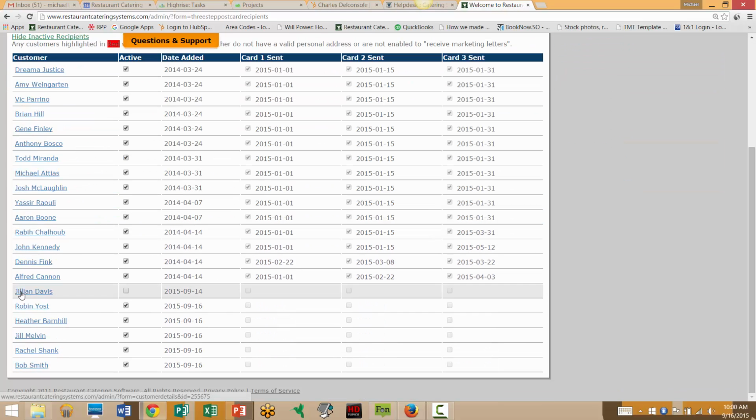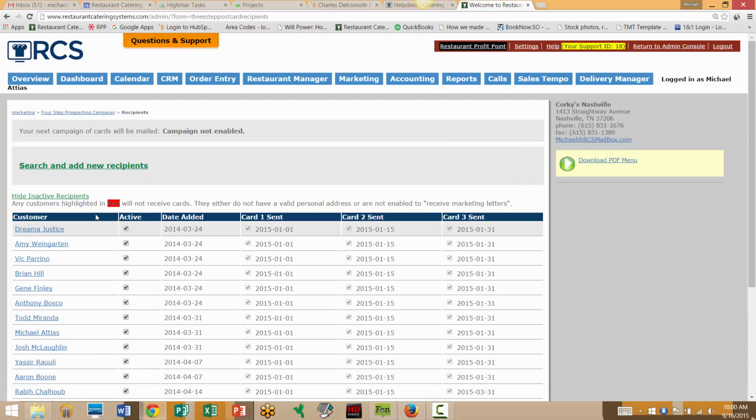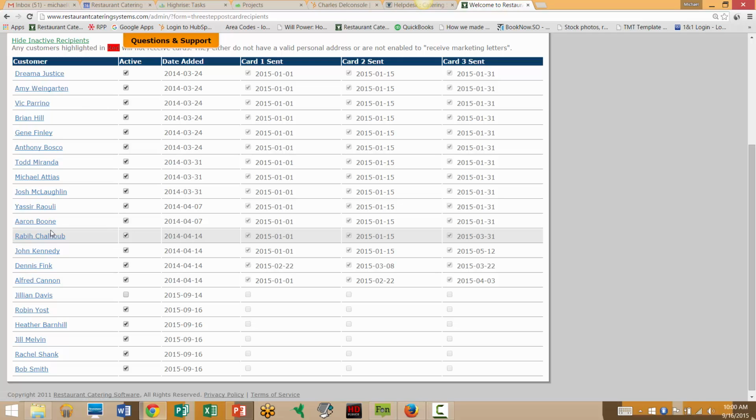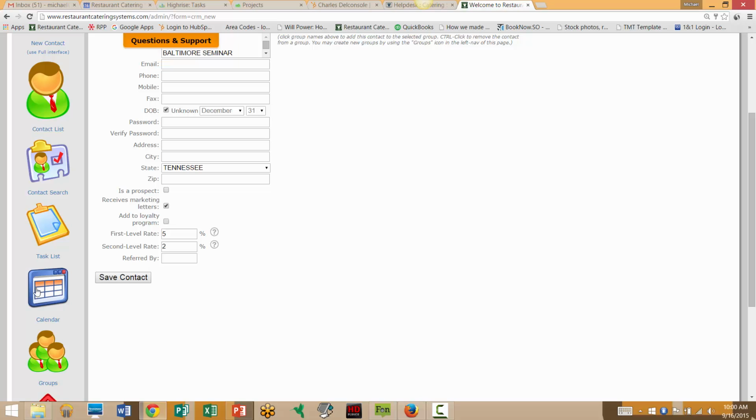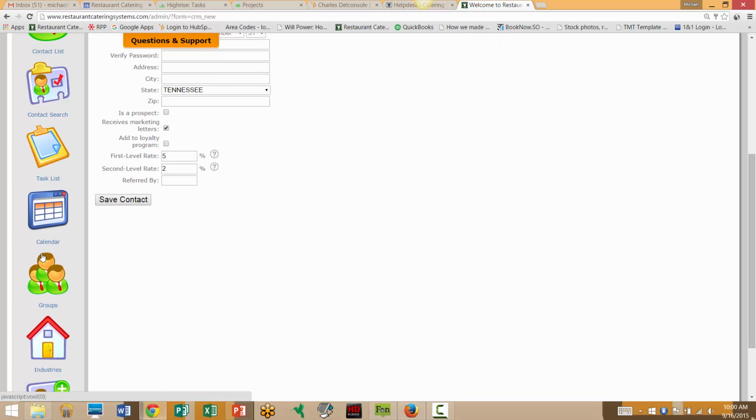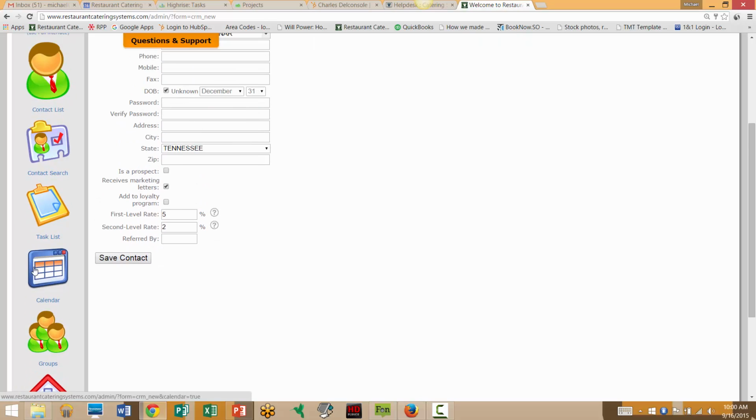The cards have not been sent, but they are here and ready to go, and they'll automatically be added to the queue when you have them. If you ever want to see, obviously this is the place to go see who's been in the tempo or is in the tempo, and of course you can come in the CRM and do a search under contact search